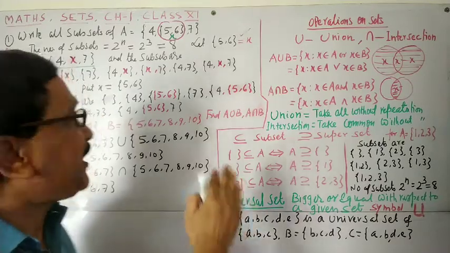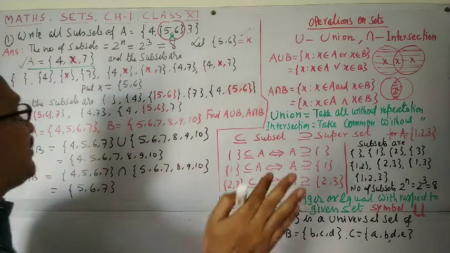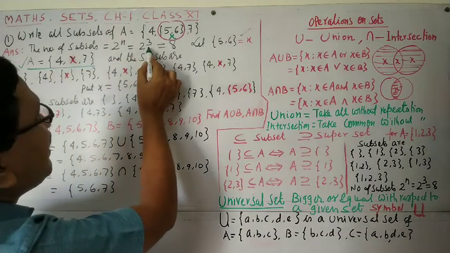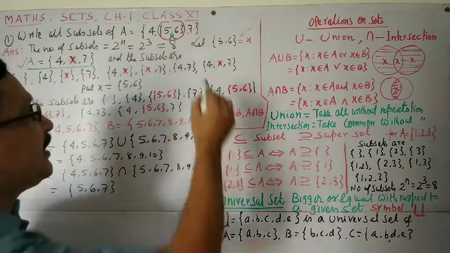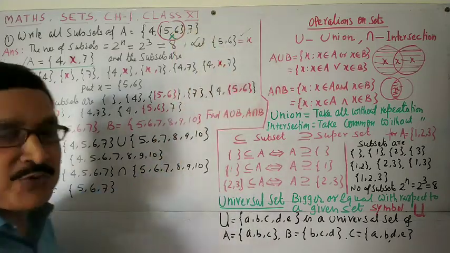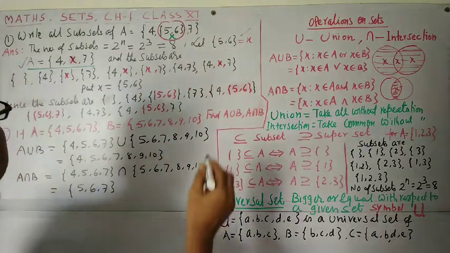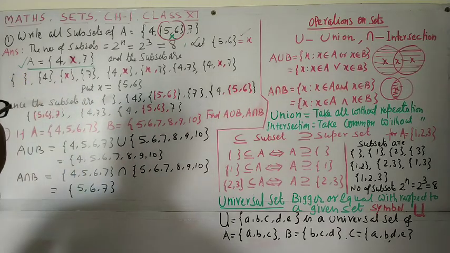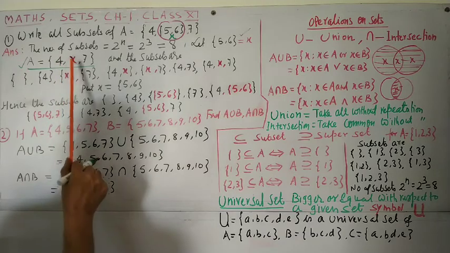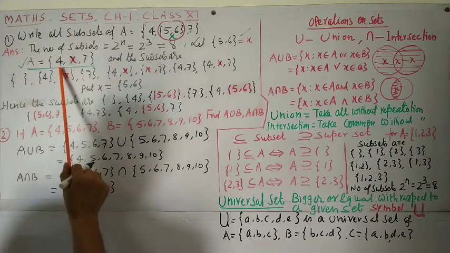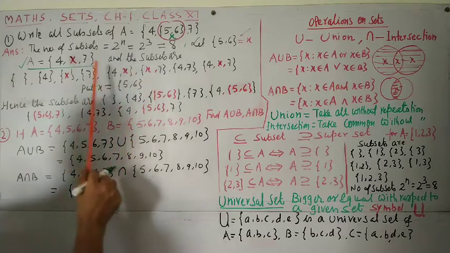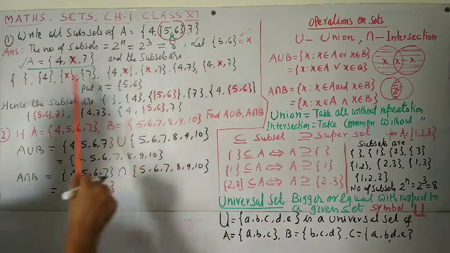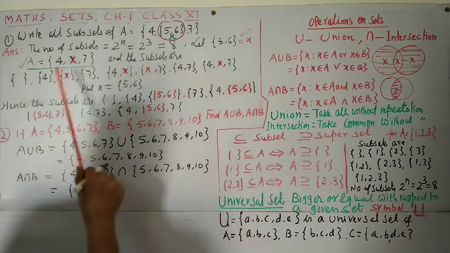Now you know how to write the subsets. In the previous video I discussed that if 3 members are there, the total number of subsets is 2 to the power 3, which is 8. If we consider {5, 6} as x, the subsets are: first the empty set, nothing is taken. Second, the singleton sets {4}, {x}, {7}, then the double sets {4, x}, {x, 7}, {4, 7}, and after that all of 4, x, 7 are taken. So these are the 8 subsets.